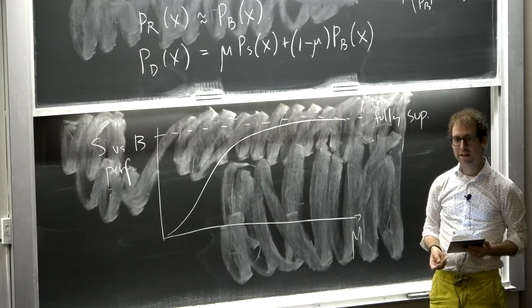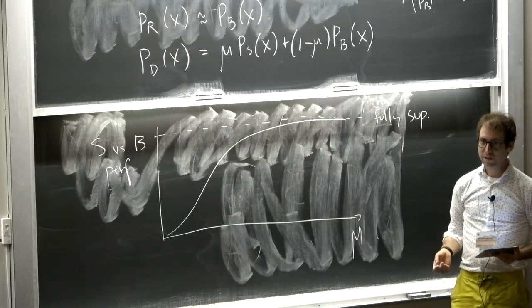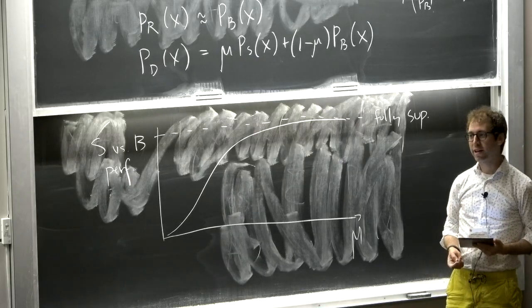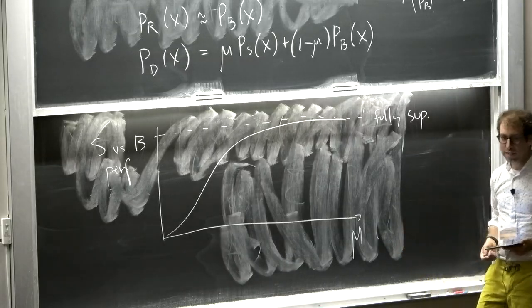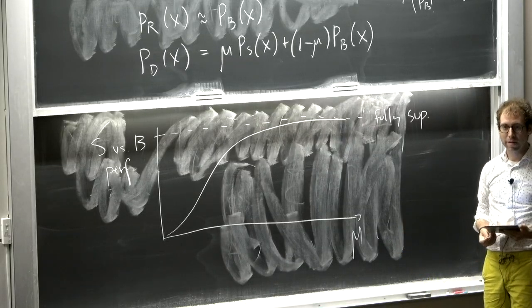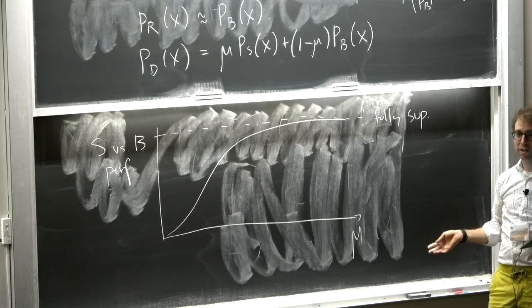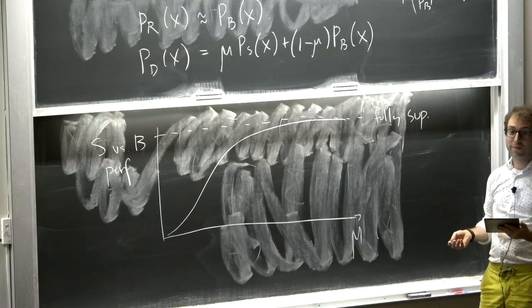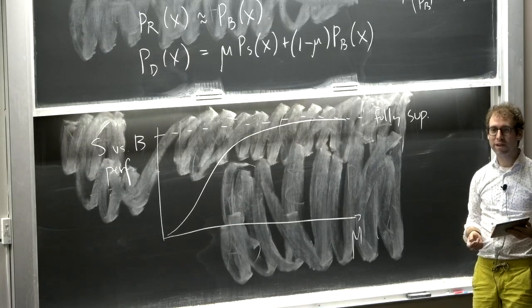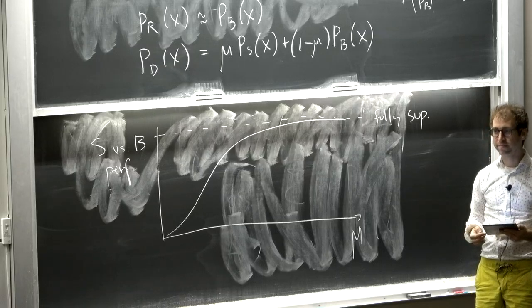Yes. Okay. So mu here will be small, because if it was large, you would have already seen it. So we're talking about mu of like 1%, 1 per mil, or even smaller. And in fact, that's what makes this classification problem different from most classification problems, because here the two classes, the data and the reference, are almost identical. When mu goes to 0, they are statistically identical. And mu would be maybe 1% or something. You're trying to find a tiny difference between the data and the reference. That's the name of the game.